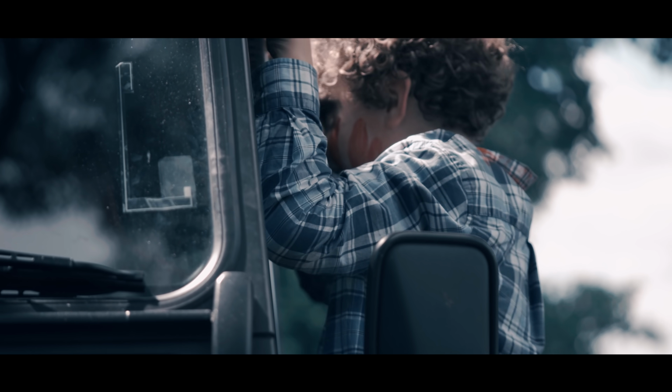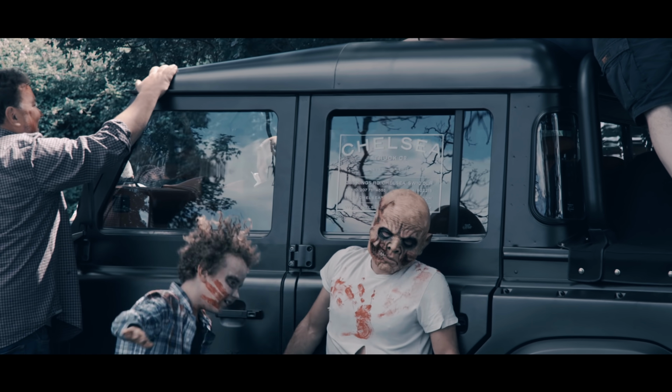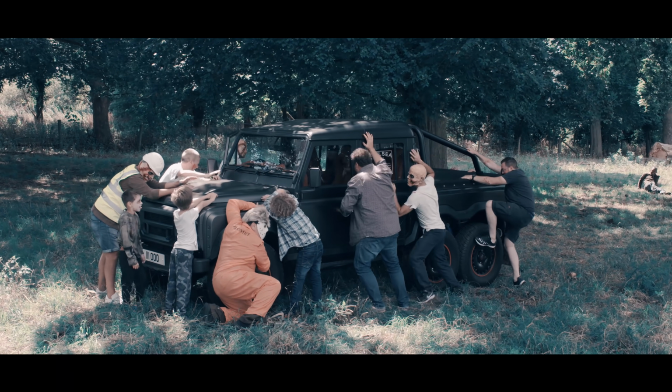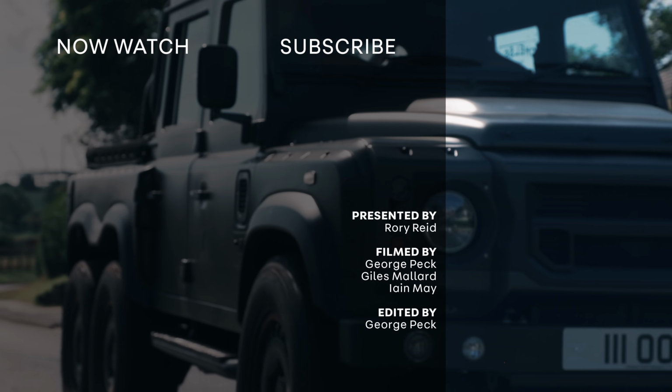SUVs. People are literally clawing each other's eyes out like a pack of zombies trying to get hold of the latest 4x4s. The bigger and the more exclusive, the better. There's a monster in my